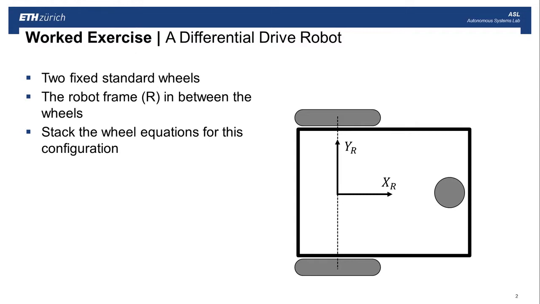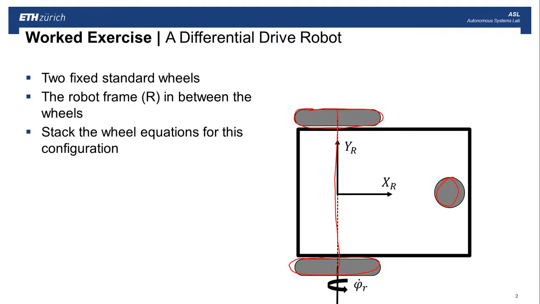So these rounded rectangles here are the wheels as seen from the top. And it has these two fixed standard wheels aligned along this common axis. And what we want to do in this worked exercise is to stack the wheel equations for this configuration. It also has this spherical wheel here, but we're just going to ignore that as a passive contact point to